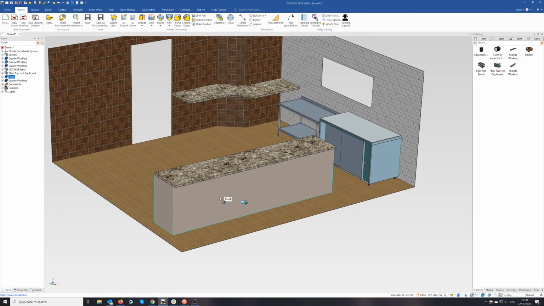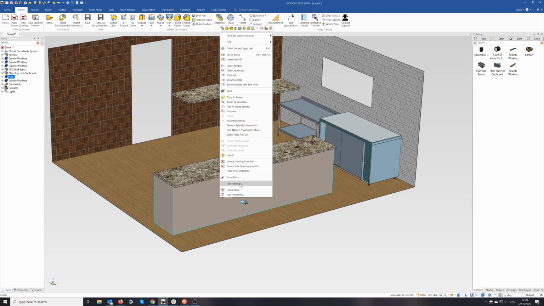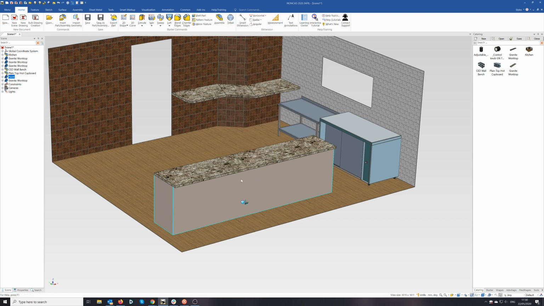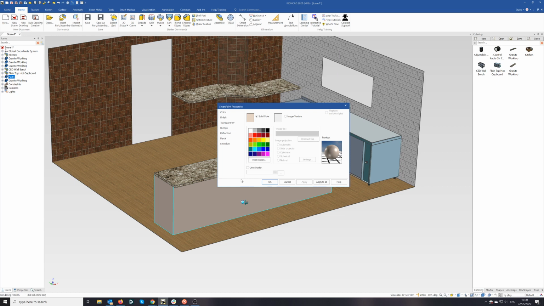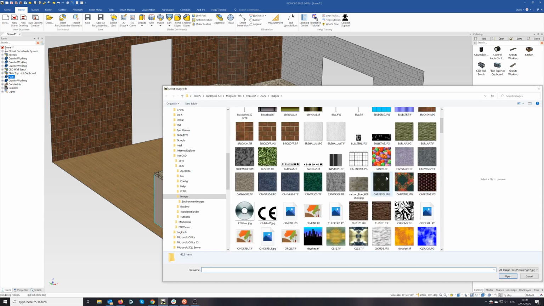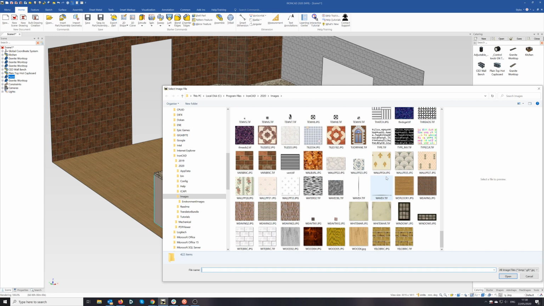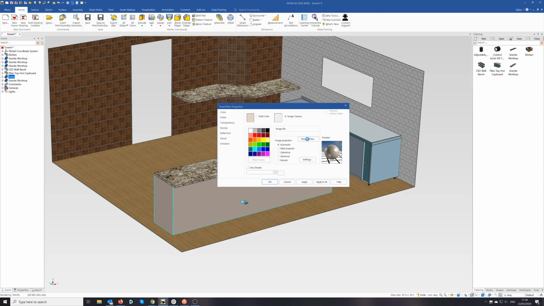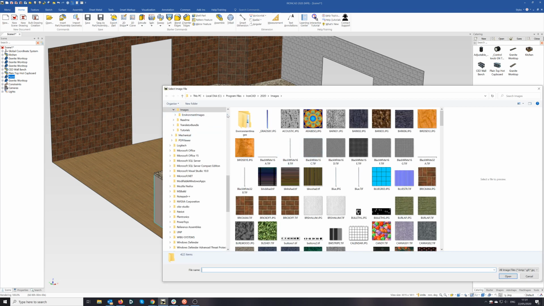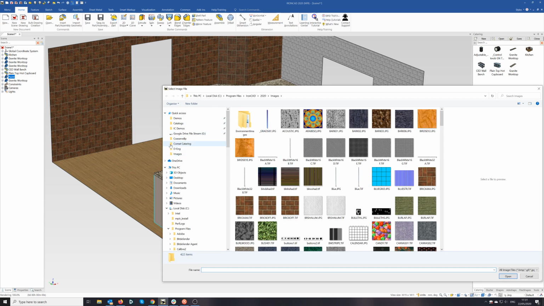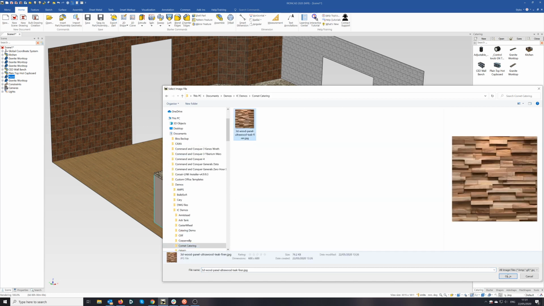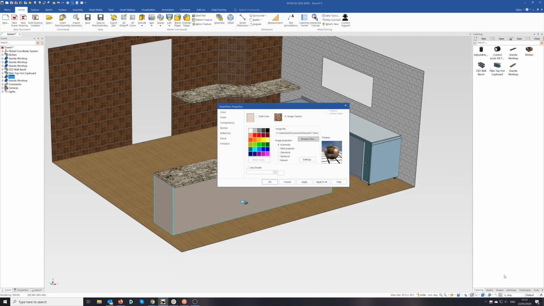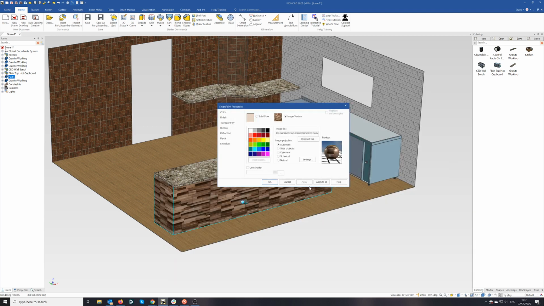I think I will do some changes to the front to make it look like we had before. I haven't got the patterns on there, so I'm going to create my own. I found a nice little image which I was using, which I think if I scrolled all the way down to the bottom, maybe I can't find it. Oh no, actually cancel that, browse files, and if I go to my folder, I've got a panel there, a nice little 3D effect panel. I'm going to apply, that looks okay,